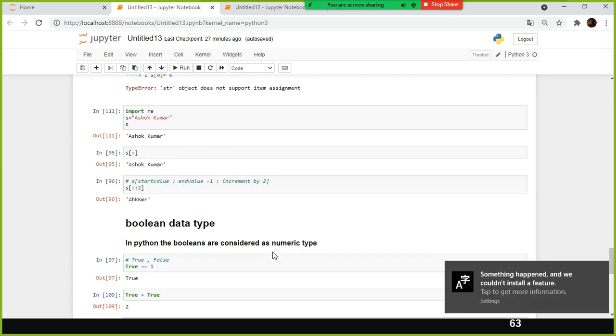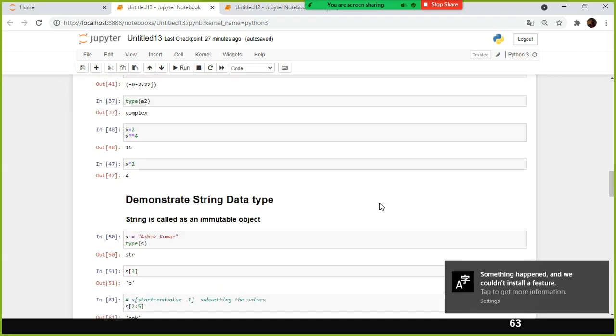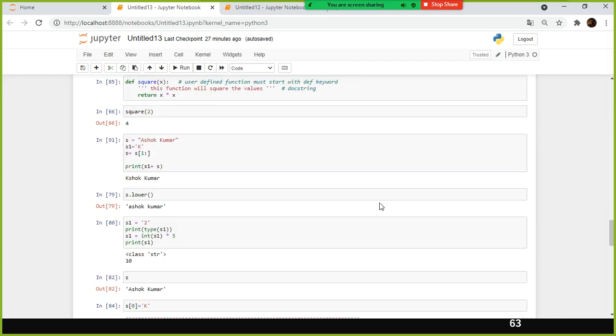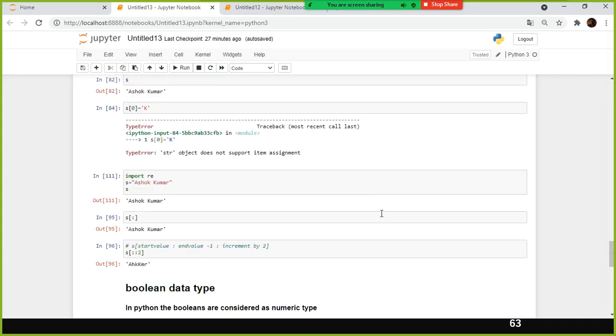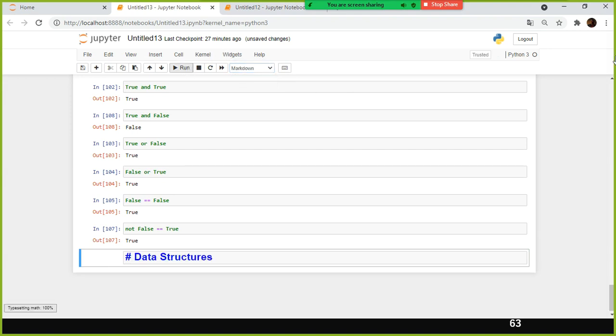At this moment, please remember these data types that I have covered so far. Next, we have something called data structures. This is an important topic in Python, but it's very easy.